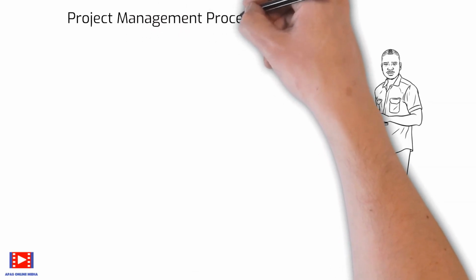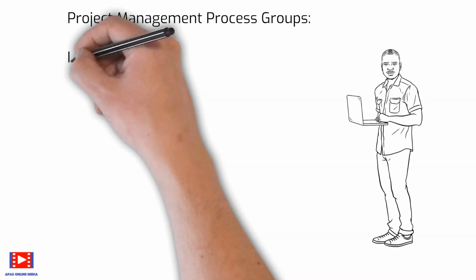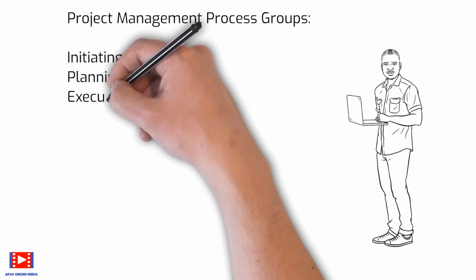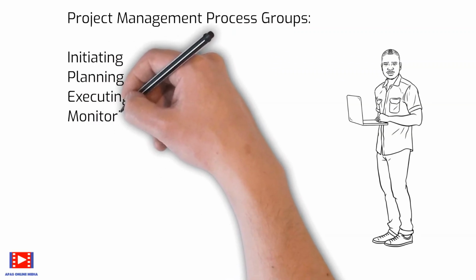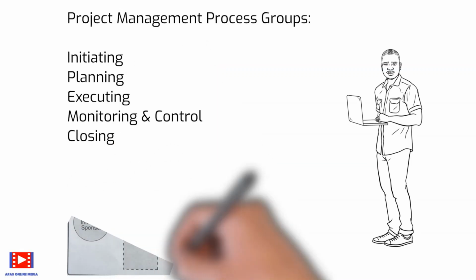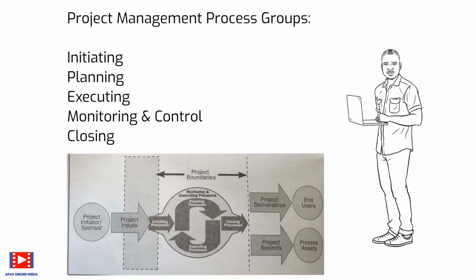Today's topic is project management process groups. There are 5 process groups as per PMBOK, and they are as under. Number 1, initiating. Number 2, planning. Number 3, executing. Number 4, monitoring and control. And number 5, closing. The below given diagram shows you a logical flow of all the process groups, starting from